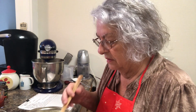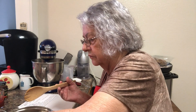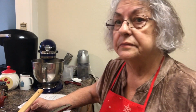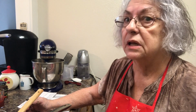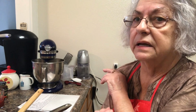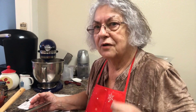I just want to show you what I've got here. We're going to make pepper jelly hot wings. They're not hot. Pepper jelly wings, but the pepper jelly is supposedly a little bit hot. It's not really hot to me, but I like it. We put it on cream cheese and eat it on crackers too. But anyway, we're making a sauce for the